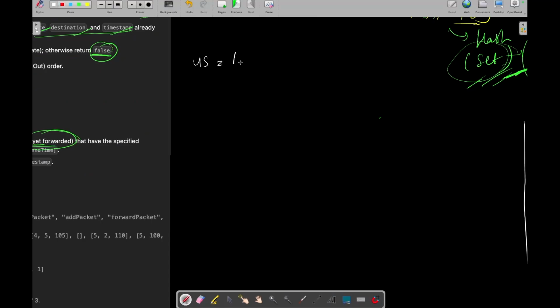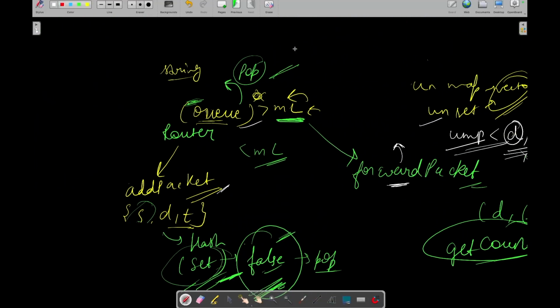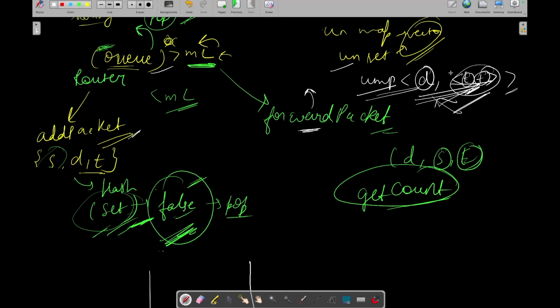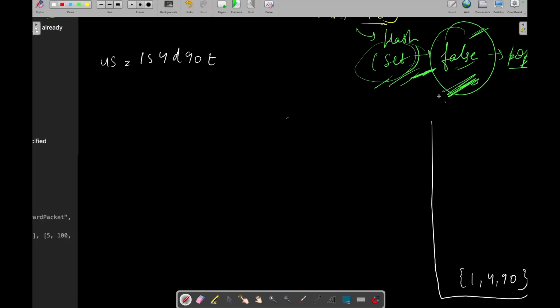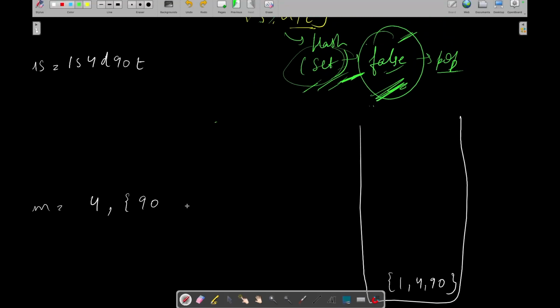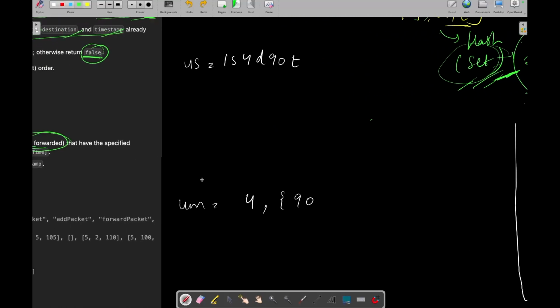So it will store 1s 4d 90t, source, destination, timestamp. Cool. And you have one more data structure which is an unordered map, which will store the destination and the corresponding timestamps. Okay, let's create that as well. Unordered map which will store the destination, which is 4, with vector timestamp, which is 90. Cool. So see, we are able to add that packet in our router.